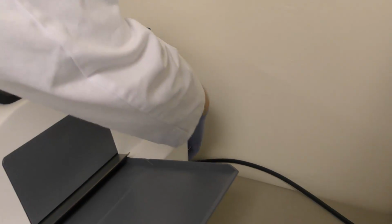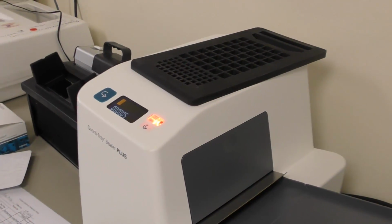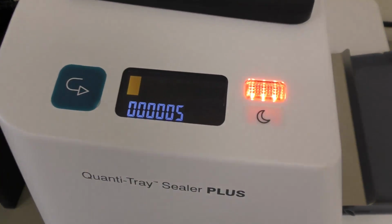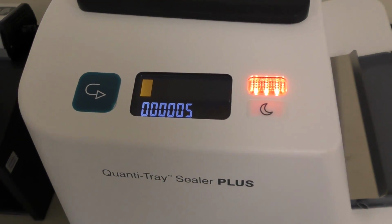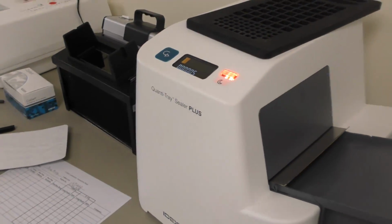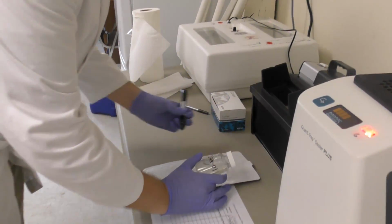The technician should turn on the tray sealer right here, and it'll take a couple minutes for it to warm up. The yellow light or the orange light that you see right here means that the tray sealer is warming up. It's not ready to process a sample. When it turns green, then you can run your tray through. Okay. Next thing the technician will do is